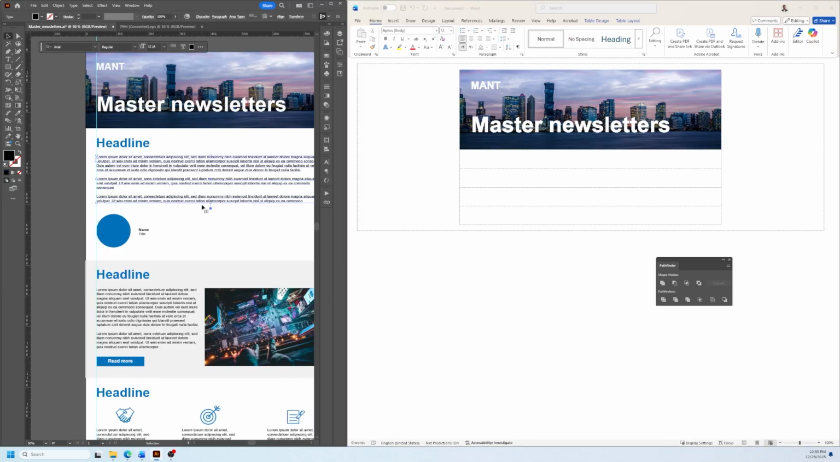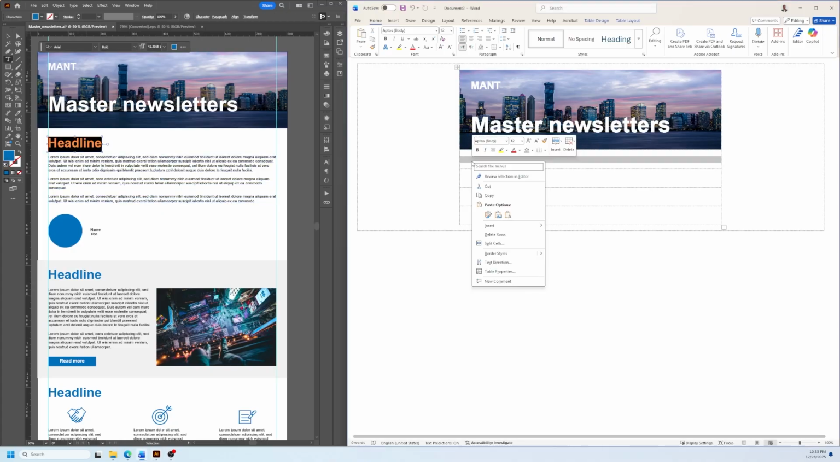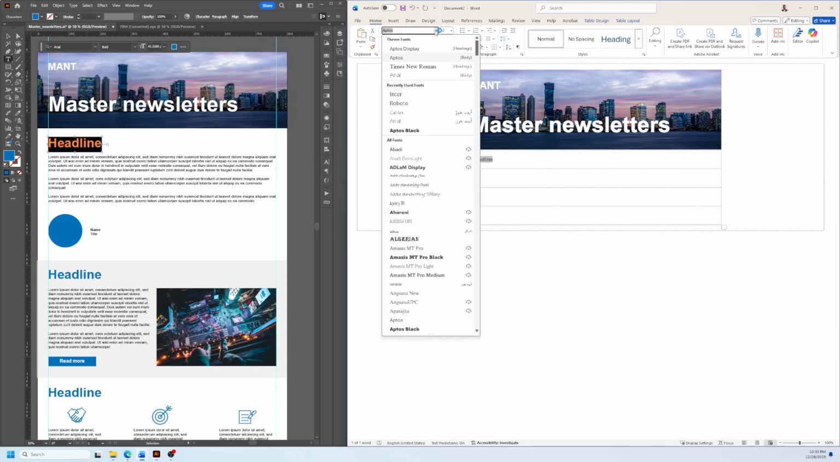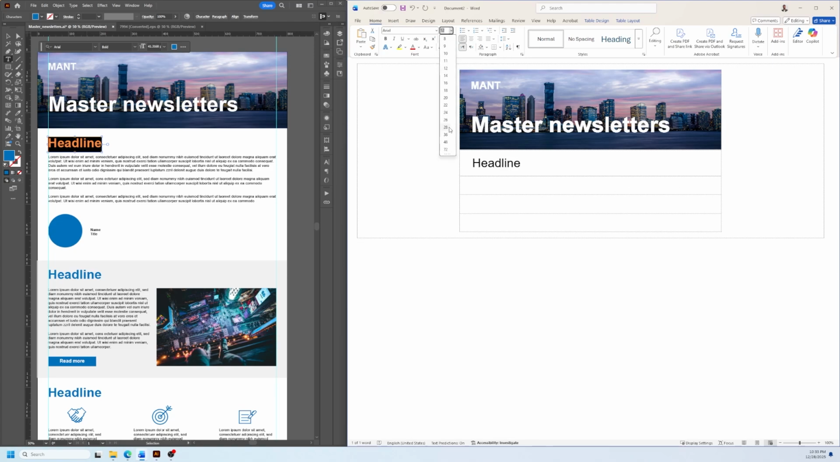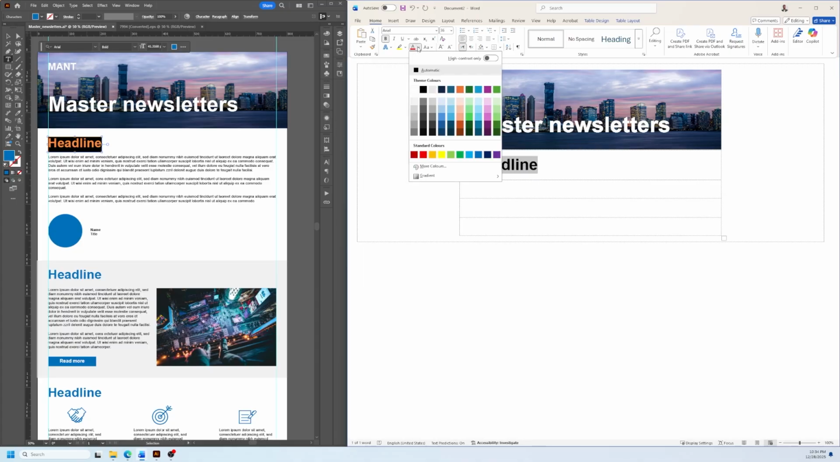Now let's get the text from the template. So the first thing that we need to do, copy paste, is the headline. So the headline, and now we need to change the font. It's better to use Arial because it's a system font. It's safe on all devices. So now let's go to 36 and let's make it bold. And now we need to change the color. To change the color, I'm just going to use any blue color from this